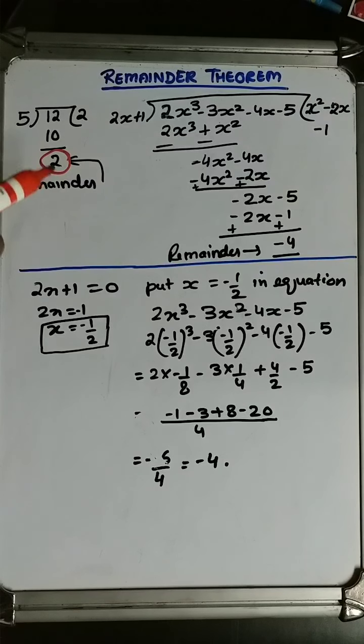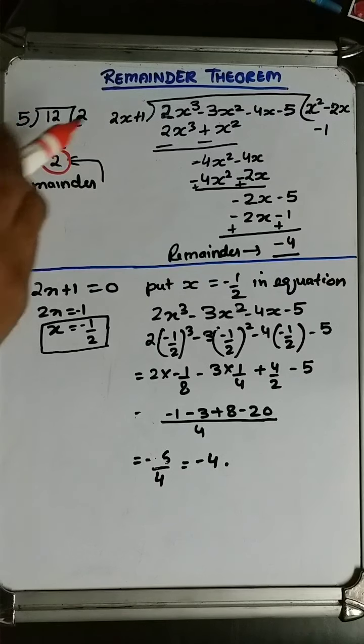Remainder is whatever is left on dividing two numbers. Let's take a simple example. If we are dividing 12 by 5, 5 twos are 10, and 2 is the remainder. So this is the remainder. Now these two are numbers. Now if we divide the